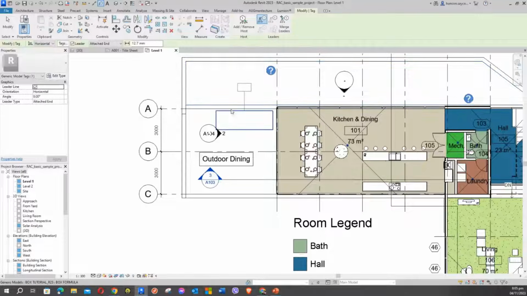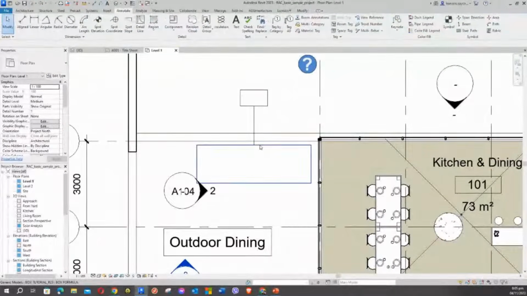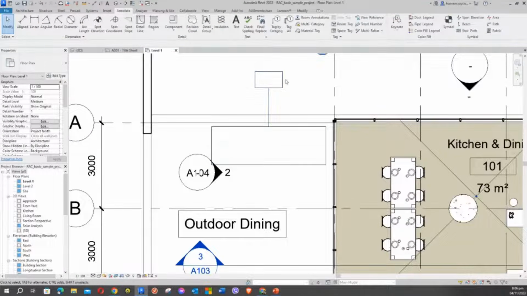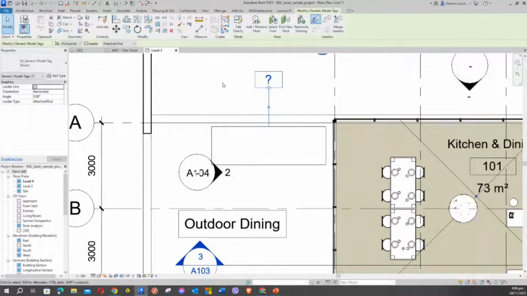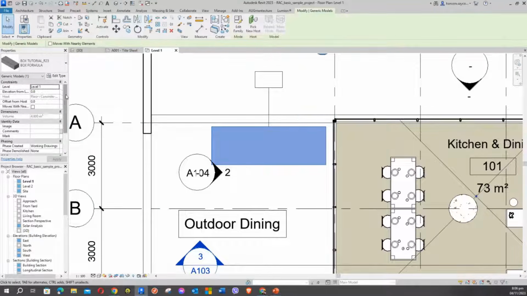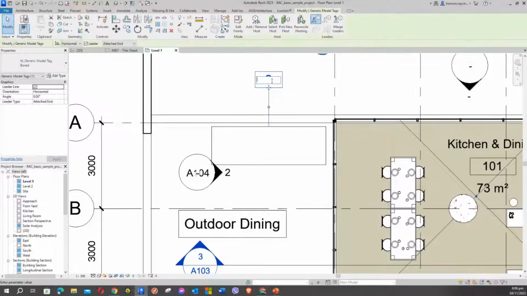So once I loaded that, napapansin nyo, yan na siya. So since this tag and the information of the tag is empty, it means that I have to add something from here. So if I'm going to add, say it's TBL-1,